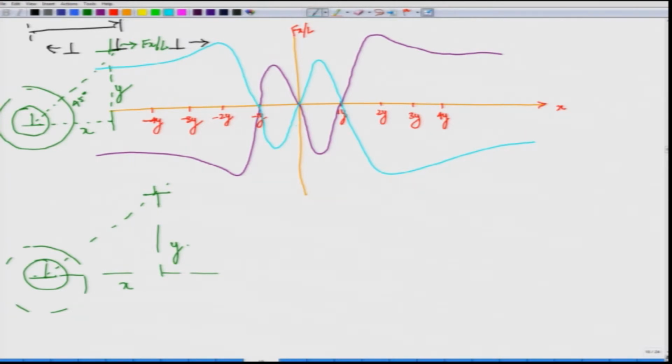Now, if you are somewhere between this point and this point, the forces acting on this dislocation are in this direction. If you are away from y, greater than y, meaning at angles less than 45 degrees, then the forces are negative, meaning they are trying to bring it back here. So, in effect, it forms a stable configuration of a pair like this. This pair at 45 degrees would tend to remain at 45 degrees.